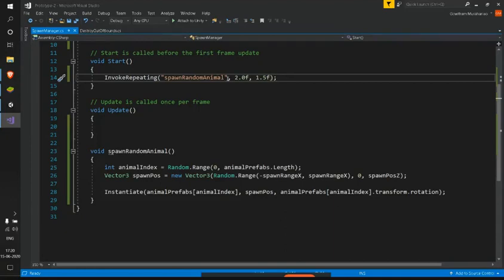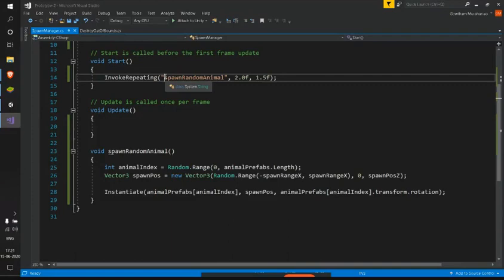So say I'm starting my play at 0 time. When my time is 2 seconds, Unity will call this function once, and when the time is 3.5 seconds, again this will be called. Again when the time is 5 seconds, this will be called. Again when the time is 6.5 seconds, this will be called.